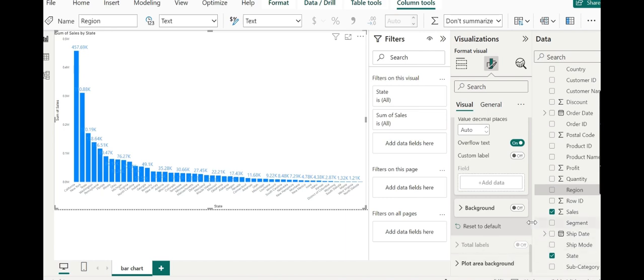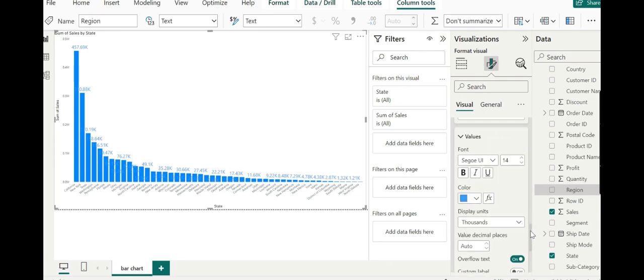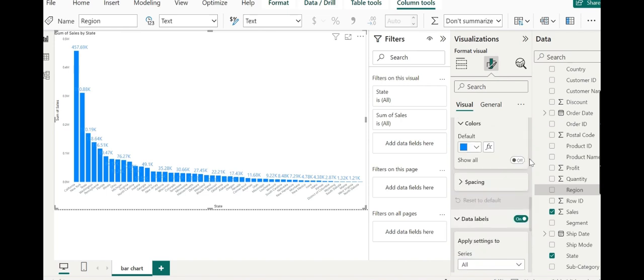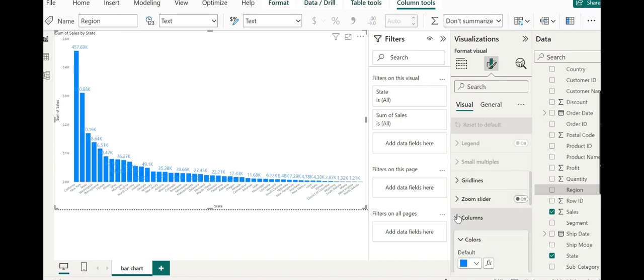As I already showed you, if you are working with us simultaneously, then you can easily understand how to delete the steps we have done till now. What you need to do is reset to default in the particular section where you have performed the operation. So now let's scroll into data colors.